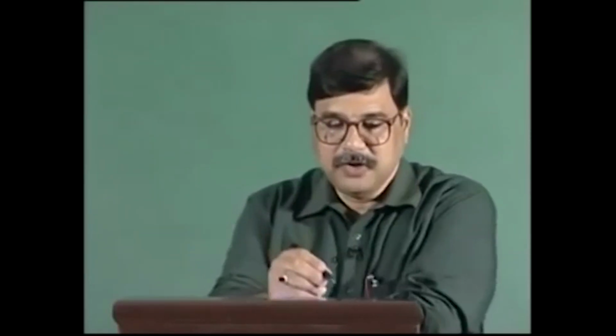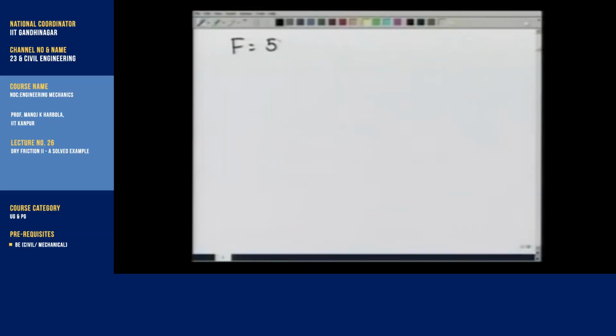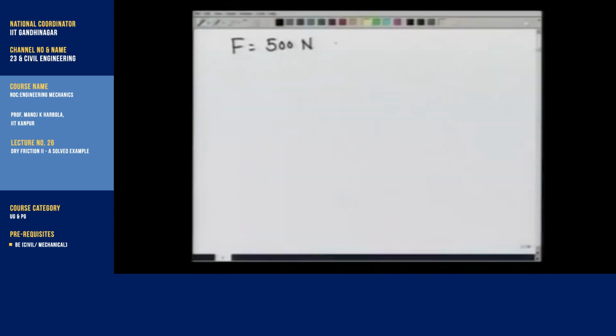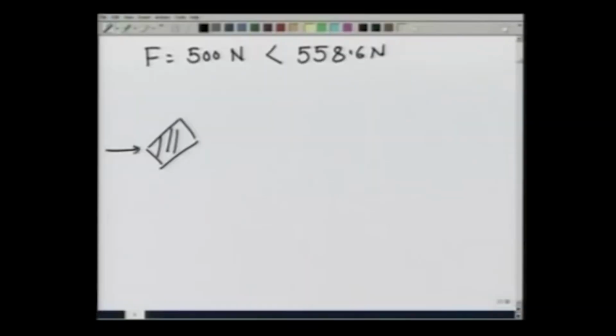Let us now take the second case of F equals 500 newtons, and I had earlier calculated that for zero frictional force, the force required to keep the block in equilibrium is 558.6 newtons. So, this is less than that, and therefore, in this block, when I apply a force of 500 newtons, normal reaction, the component of this 500 Newton force up the plane is going to be less than the component of 100 g down the plane. That means